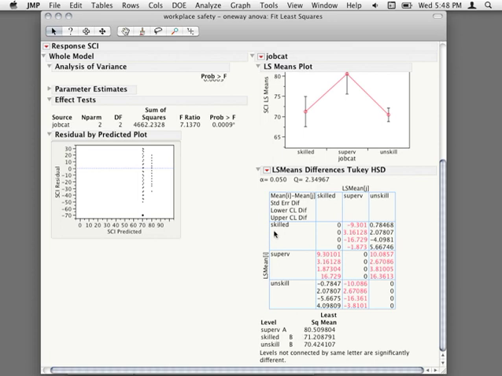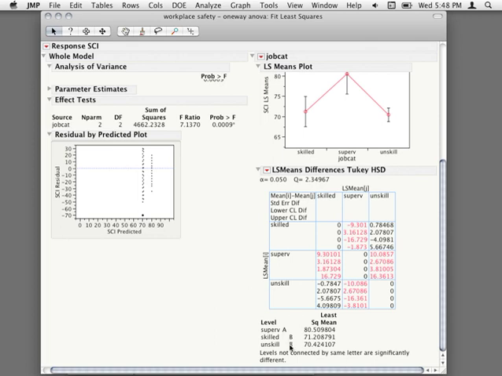So one thing, and actually when I found this data set, it was originally in the context of doing a contrast to really tap this difference. Right now we're just comparing each mean to each other, but we might think that comparing the supervisors against the average of the unskilled and the skilled workers would be an interesting comparison. Right? They differ in terms of maybe where they work in the plant or things like this. So we can actually structure our analysis to really reflect that difference, or to do a comparison that gives us a result that may give us something interesting we can talk about, more so than just saying that supervisors differ